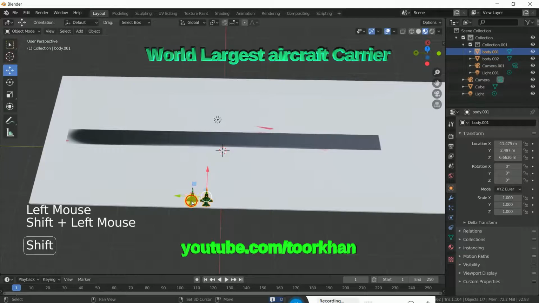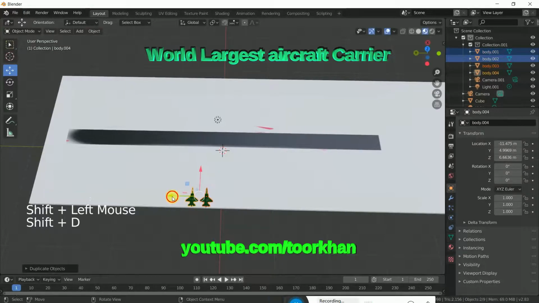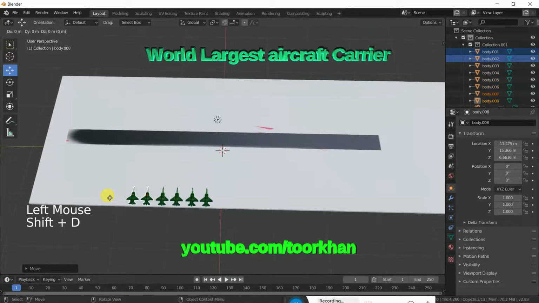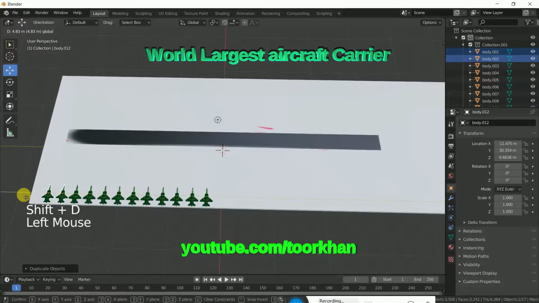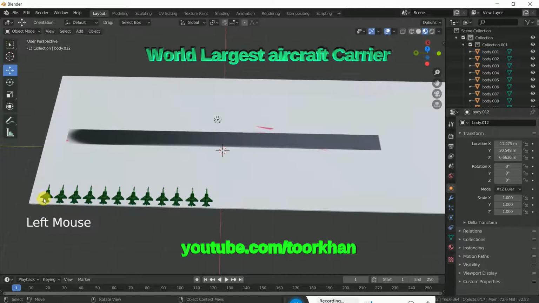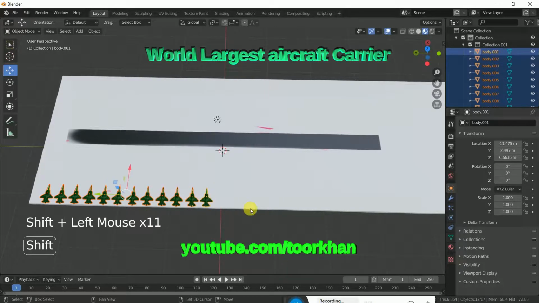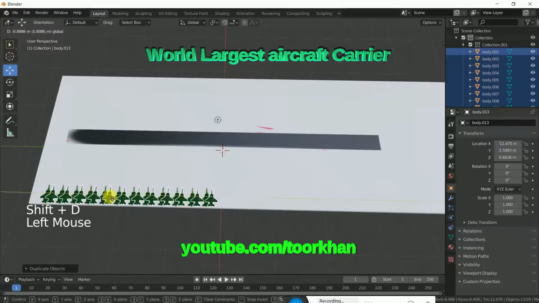So these two, just duplicate by Shift D, click Shift D, again Shift D and Shift D. So Shift D and Shift D, like this. Now we should keep 1, 2, 3, 4, 5, 6, 7, 8, 9, 10, 11, 12. So this is 12 fighter jets. I have Shift D, so double it. So this is now 24,